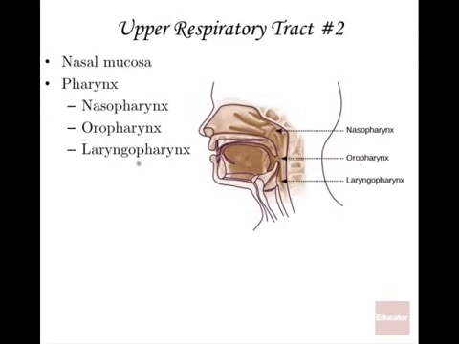Upper respiratory tract, number 2. So if we keep looking at this area in the upper part of the respiratory system, the nasal mucosa is mainly in the nasal conchae region. But the reason why I'm listing it here is, as you breathe air in and it ends up going down into the throat or the pharynx, the nasal mucosa